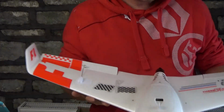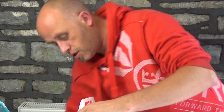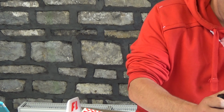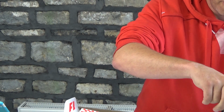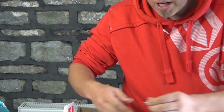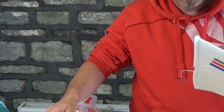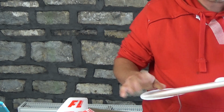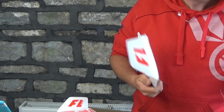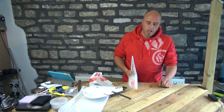That foam, in fact, I'm going to take the wing off. We'll give it a bit of a bash about because I just don't think you're going to break it. I think you're going to probably end up breaking the plywood inner piece on this one rather than the wing itself, because it's just so ridiculously tough. Yeah, I don't think we're going to break this. Let me zoom out a second. Again, no apologies for the knocking noises. We've got big squirrels here, but